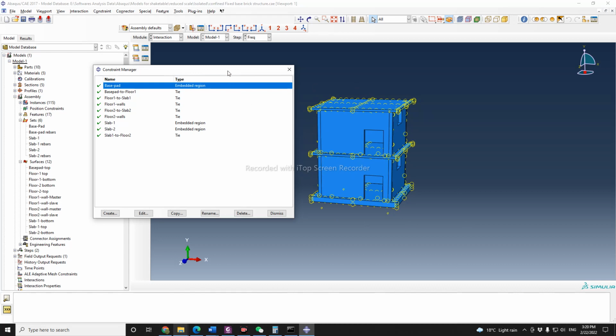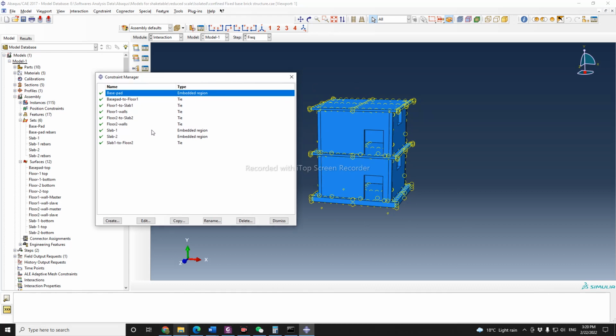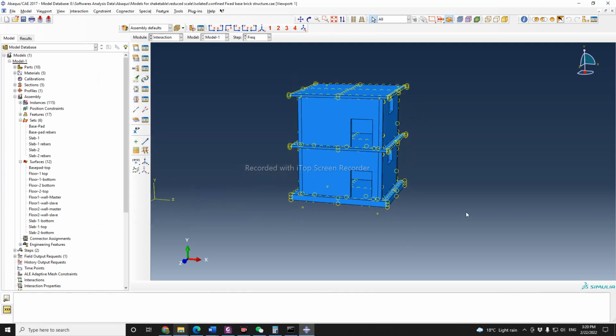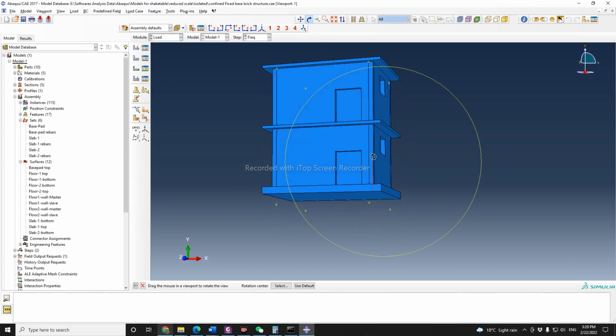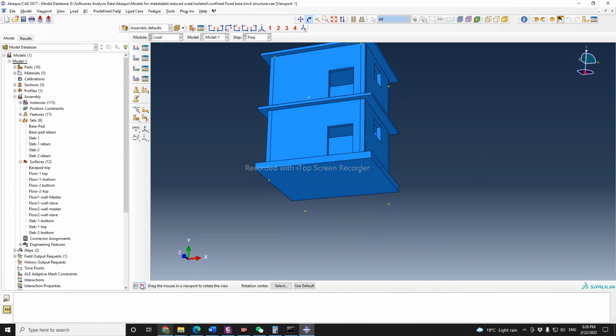So if you are not familiar with all these things and you wish to know where did this come from, I strongly suggest to go back to previous videos and watch them first, and then you will be able to understand these things. Okay, so now just come to the loading step,